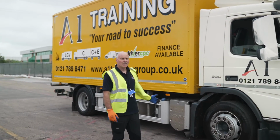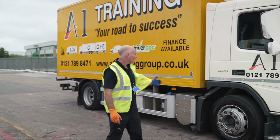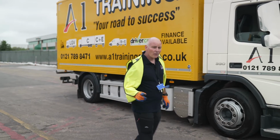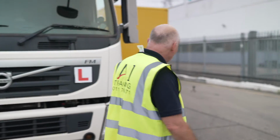Okay, so after we've disconnected the unit from the trailer, we're going to now reconnect the unit. The examiner will say to you, I would like you to reconnect your unit to your trailer, and I would like you to do this when it is safe to do so. So safe is a very important word and something we've got to check on that vehicle before we go near it, or rather the trailer. So we're going to walk around to the trailer